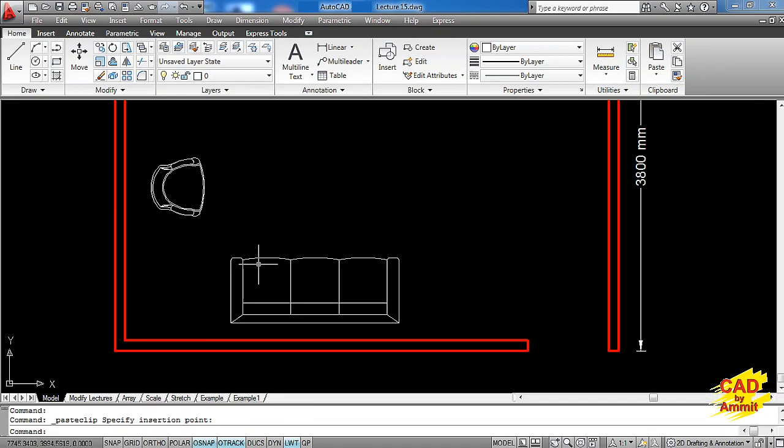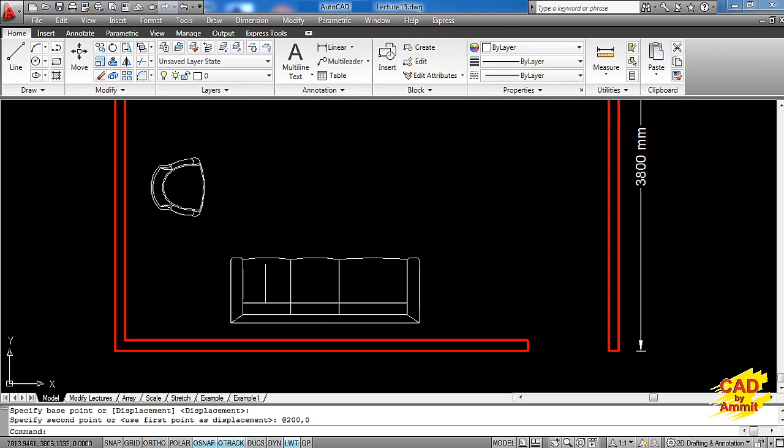Now let us see this stretch command on our object. Basically we are working on the same 3-seater sofa we used earlier. We go for the stretch command, and my purpose right now is to stretch the sofa towards the right hand side and towards the left hand side. This is a 3-seater sofa. I want to stretch it towards the right hand side by 200 millimeters suppose. So I'll select it using a crossing window, press enter, catch this corner as the base point, and simply type @200,0, and see this three-seater sofa is stretched towards the right hand side.